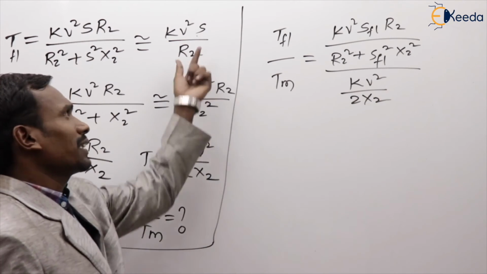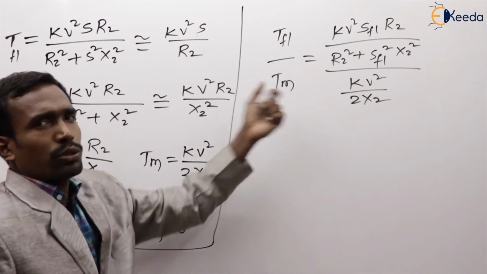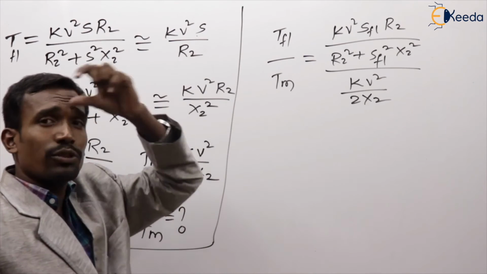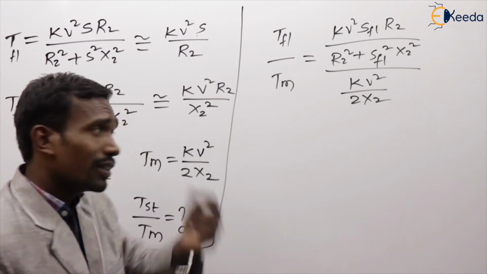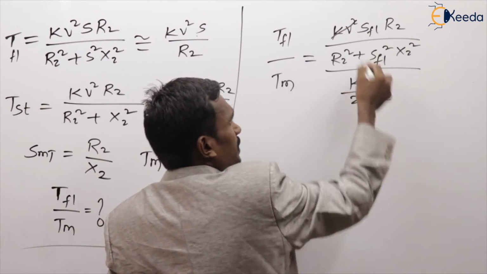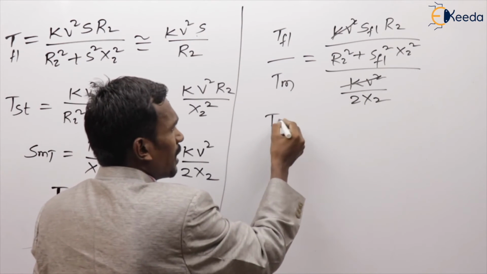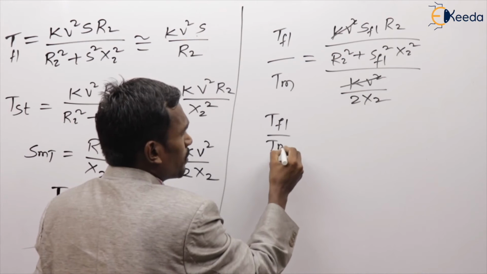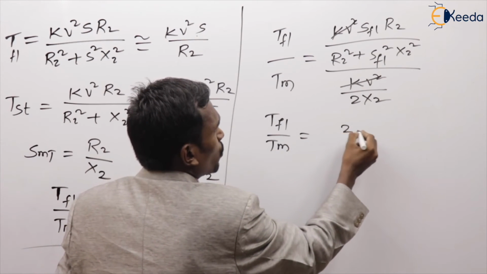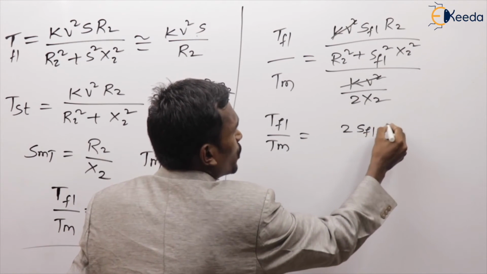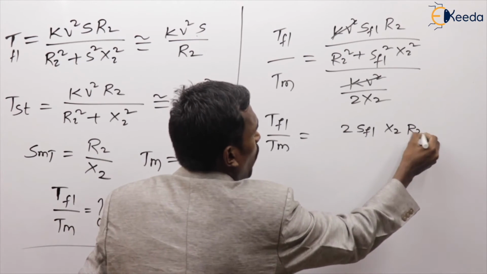Don't take approximated values, take the exact values. Kv square gets cancelled out. So the full load torque to the maximum torque is equal to 2 S full load into X2 into R2 by